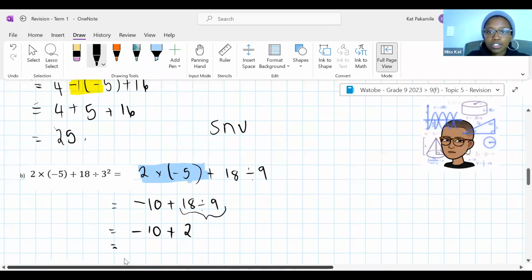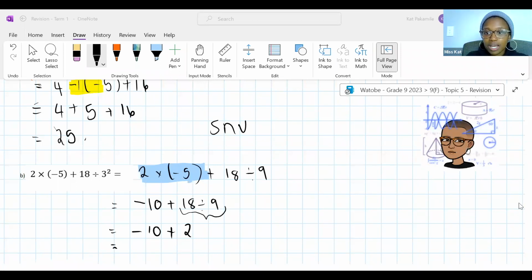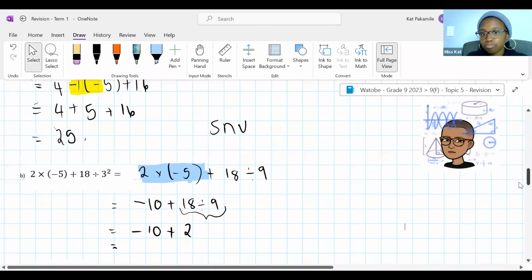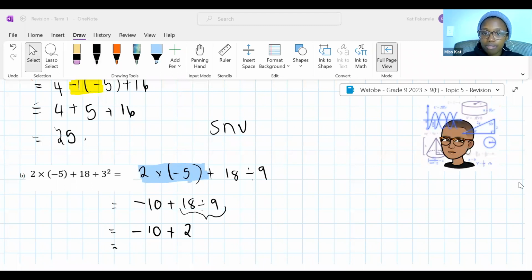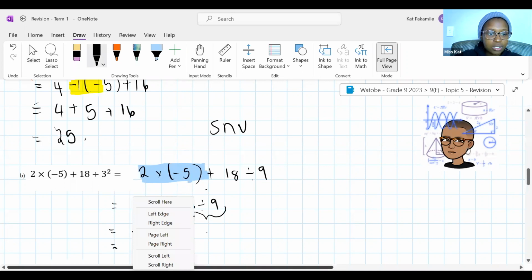Why didn't we start with division? I literally just went down with BODMAS. But multiplication, remember I said you can have BOMDAS or BODMAS. Were you here when I said they're interchangeable? So remember, division and multiplication are interchangeable. You can either multiply first or divide first. Thank you very much, guys. It looks like we are brilliant at our integers. That is the only hard part. Negative 8.